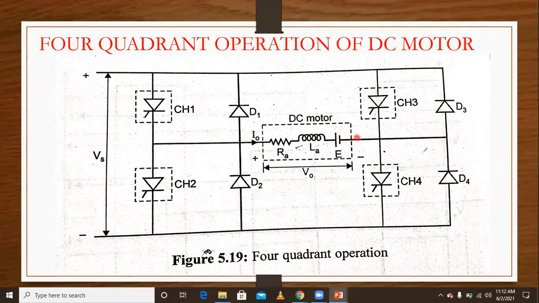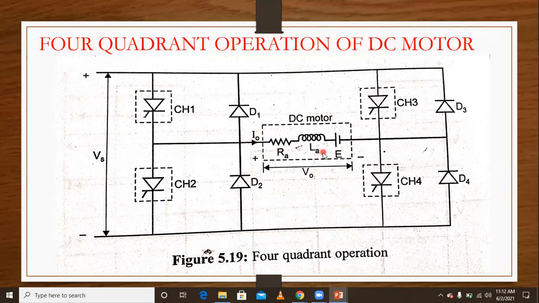So it is a reverse braking mode. That's why it is also acting as a generator. So it generates energy like this. This armature current is delivered. So if CH4 is turned on, this armature current is generated like this, and the diode is connecting and circulating like this.